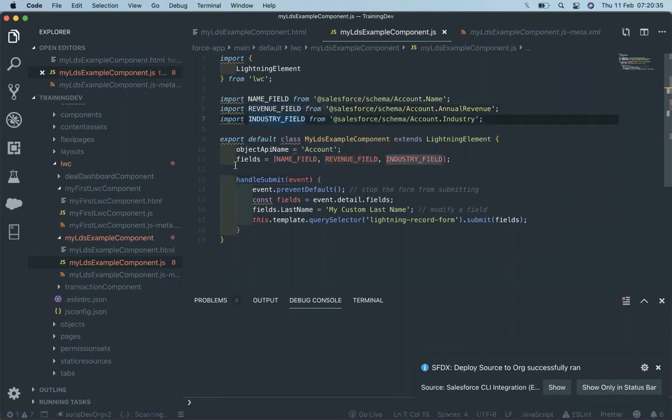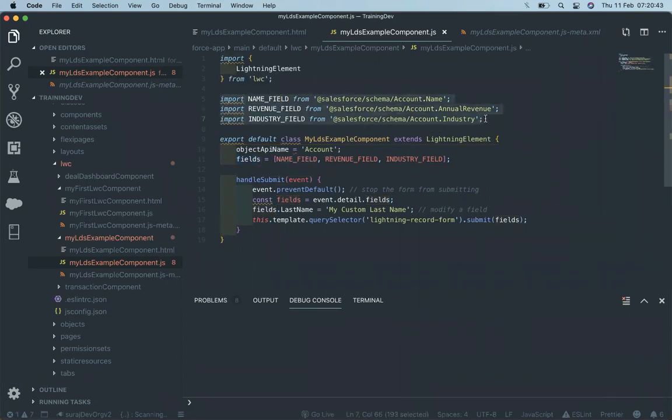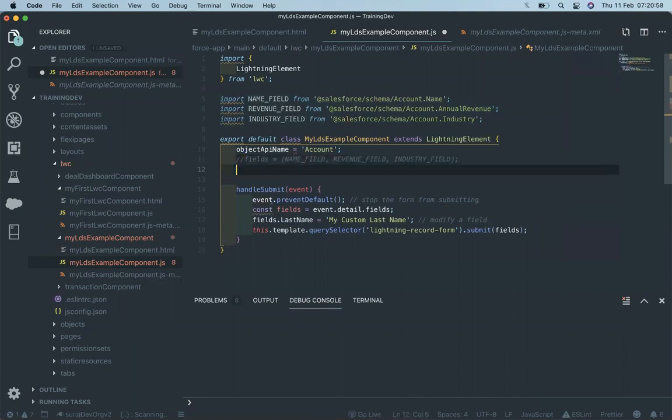We are also passing the field names in the same way, just like in the Aura component. Here, this is a feature provided by the LWC. This is not available in the Aura component. This feature provided by the LWC lets us get the field names from the schema, but this is not the only way we can do it. We can just comment it out and write our own field names. It's no issue with that.